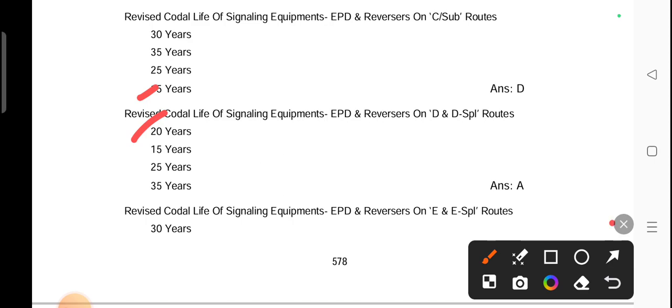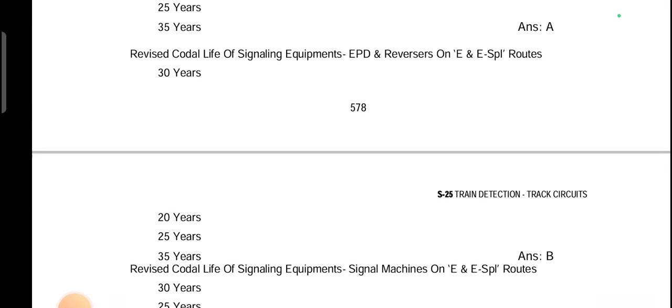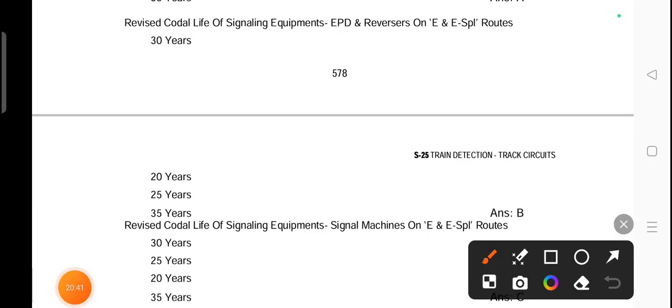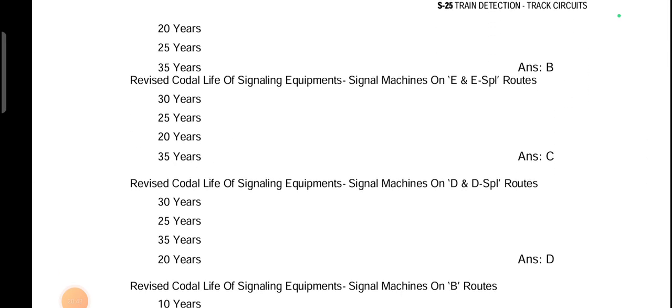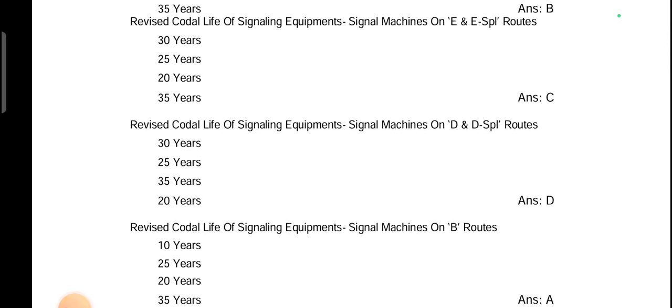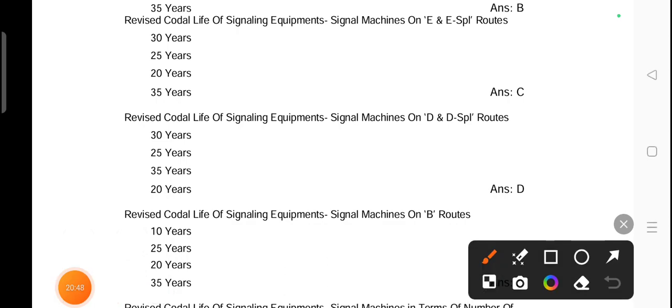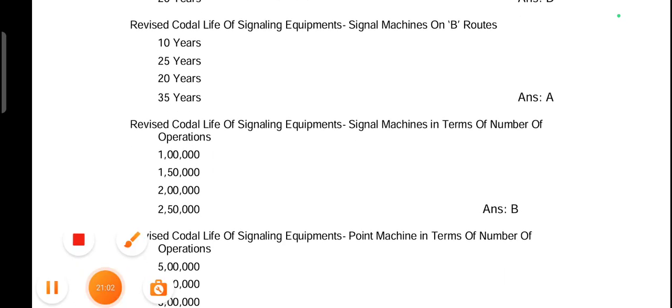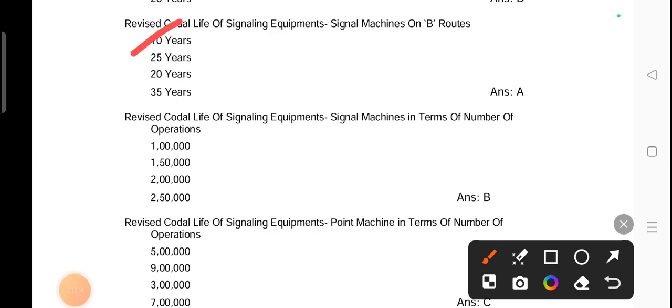Revised total life of signaling equipments EPD and reverser on E and E special routes, 20 years. Revised total life of signaling equipment signal machines on E and E special routes, 20 years. Revised total life of signaling equipment signal machines on D and D special routes, 20 years. Revised total life of signaling equipment signal machines on B routes, 10 years. Revised total life of signaling equipments signal machines in terms of number of operations,